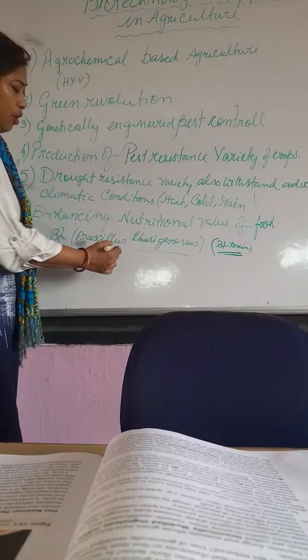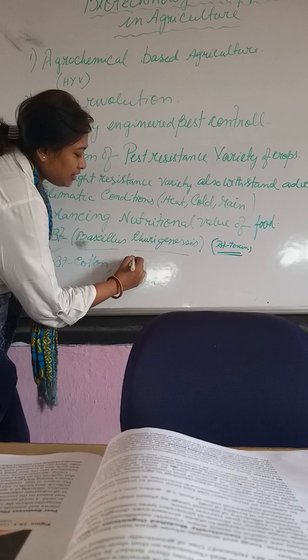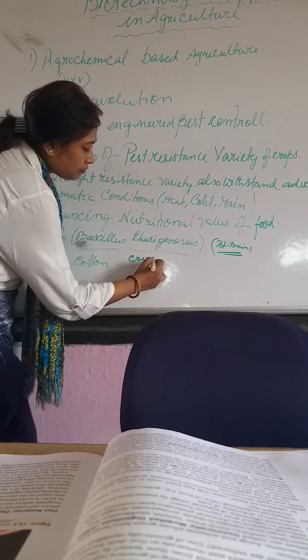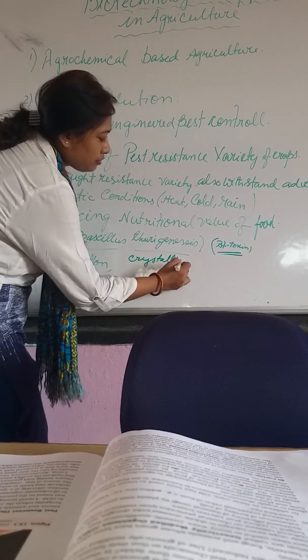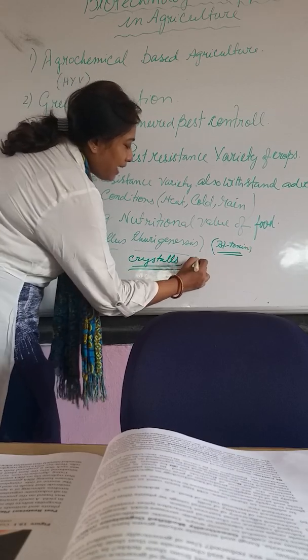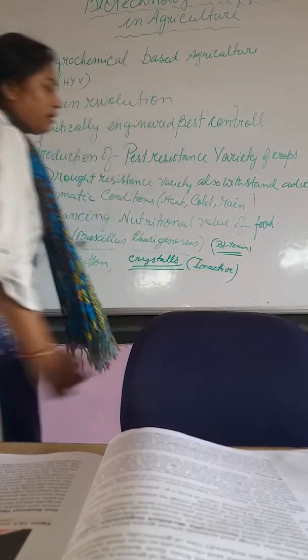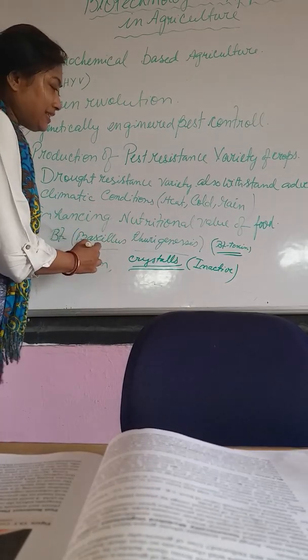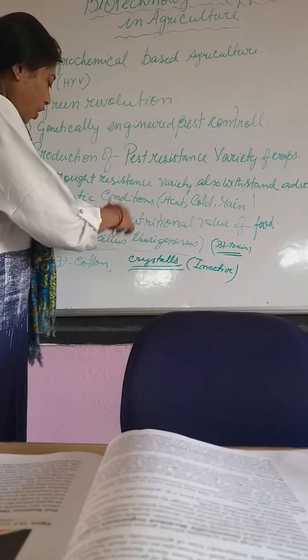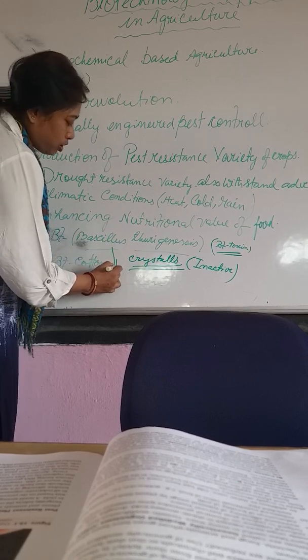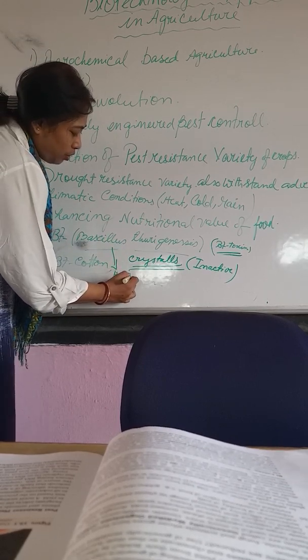Inside the body of this bacillus, the toxins are in the form of crystals, and that is inactive. But once this bacillus is ingested or goes inside the host body,